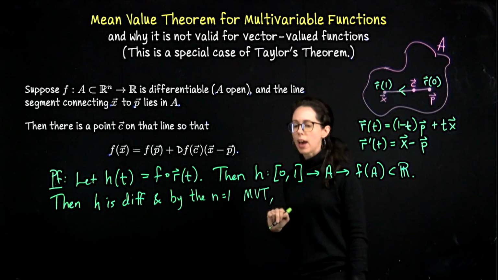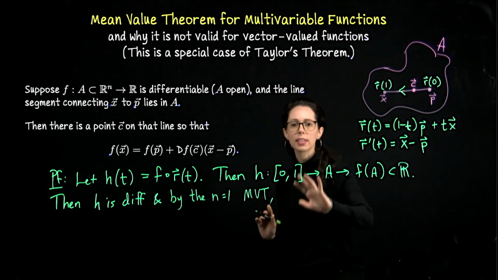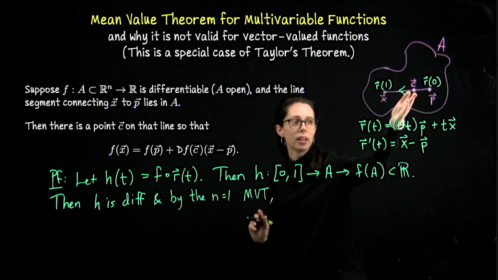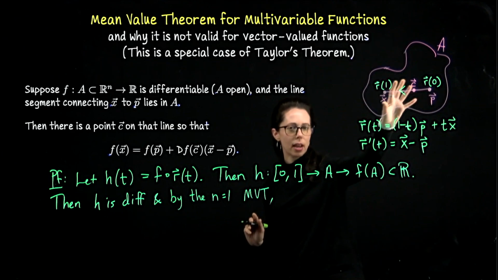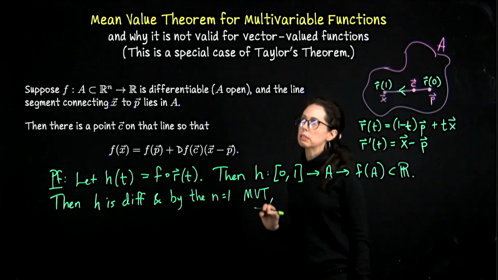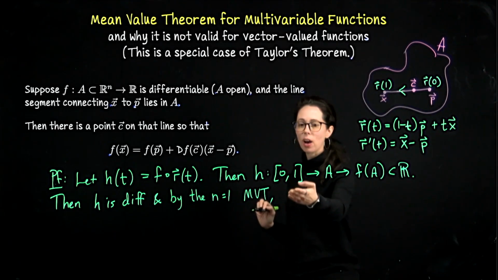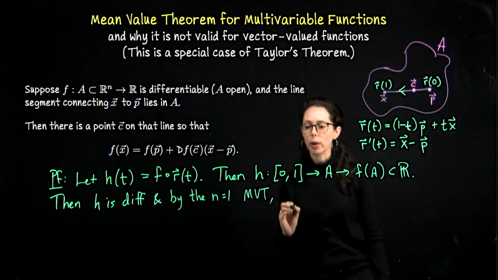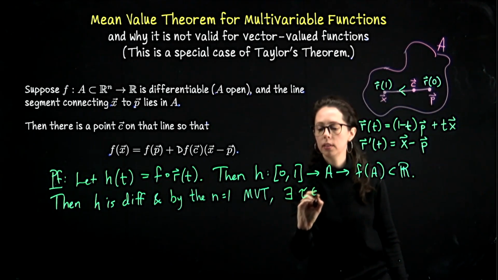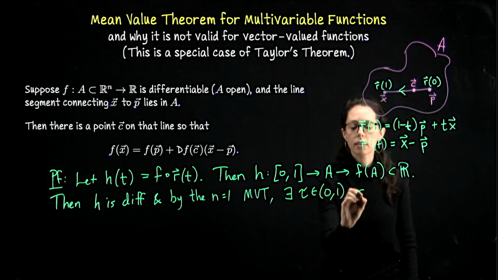there is a value between 0 and 1. Be careful, I don't want to call this c, because I run the risk of confusing that with this vector between the vector x and the vector p. That's not where we're looking. We're looking at this time interval. So let me call it tau. Okay, so there's a point tau between these two values, 0 and 1. So there exists tau in the open interval from 0 to 1, so that